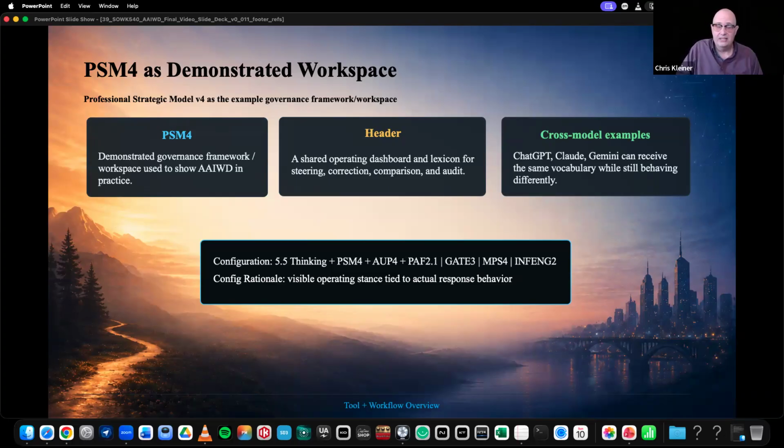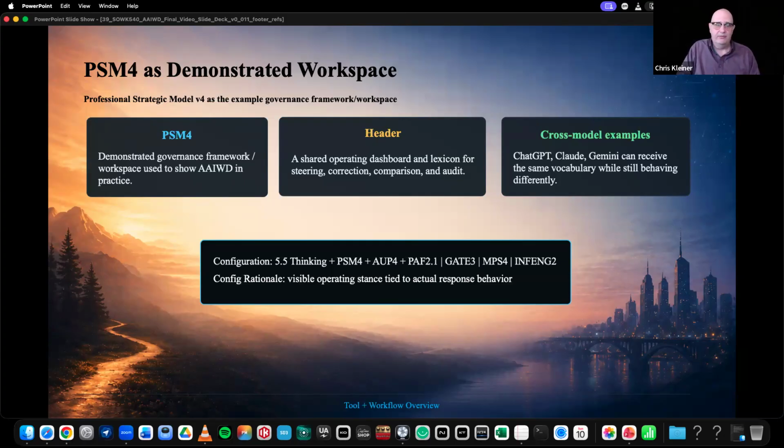What I am suggesting is it's really handy to begin by training your accounts, and it's not really training, it's more like reinforcing it through good workflow practices like setting up project folders and, if it's a professional space, minimizing the one-off chats, like what am I going to have for lunch. Use it as a workspace. What I'm showing here, I just want to highlight a couple of things real quick about PSM4, because it's not really the purpose.